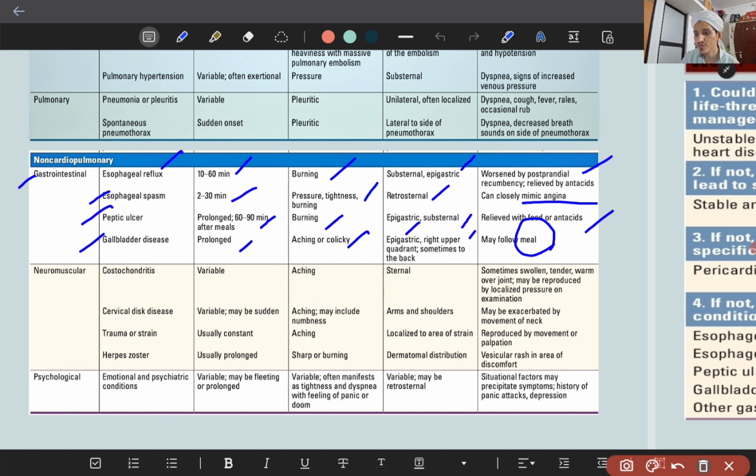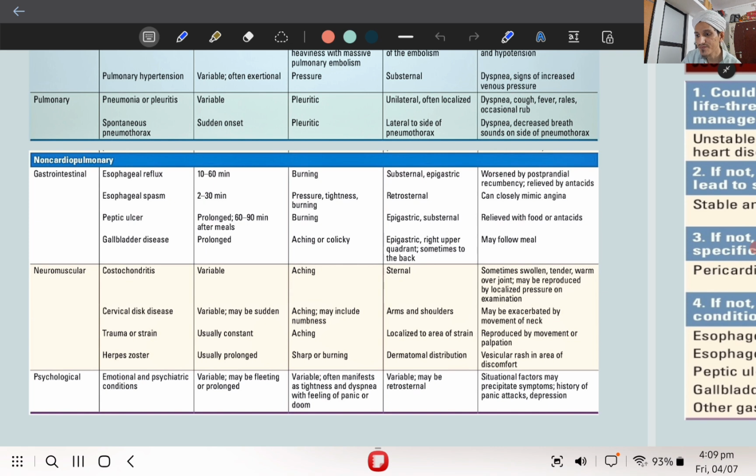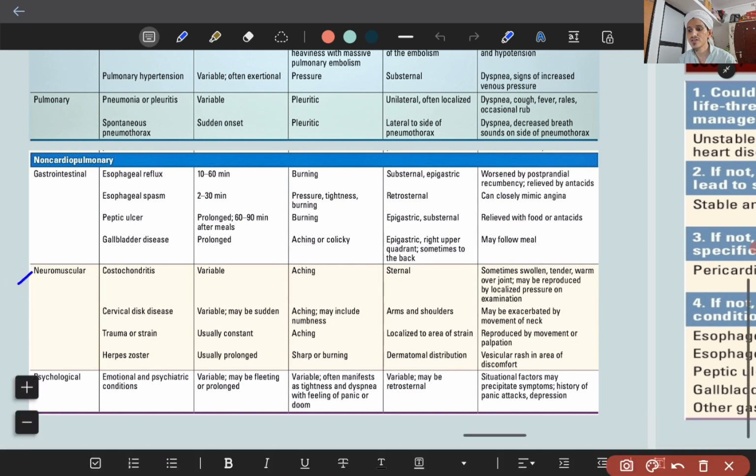So next, moving on to the neuromuscular causes of chest pain. So it can be costochondritis. The junction of sternum and ribs, the costochondral junction, is inflamed due to some viral infection or something. So that causes costochondritis. Pain time of onset is variable. It is aching type of pain, and it is sternal, sometimes swollen, tender, warm over the joint,